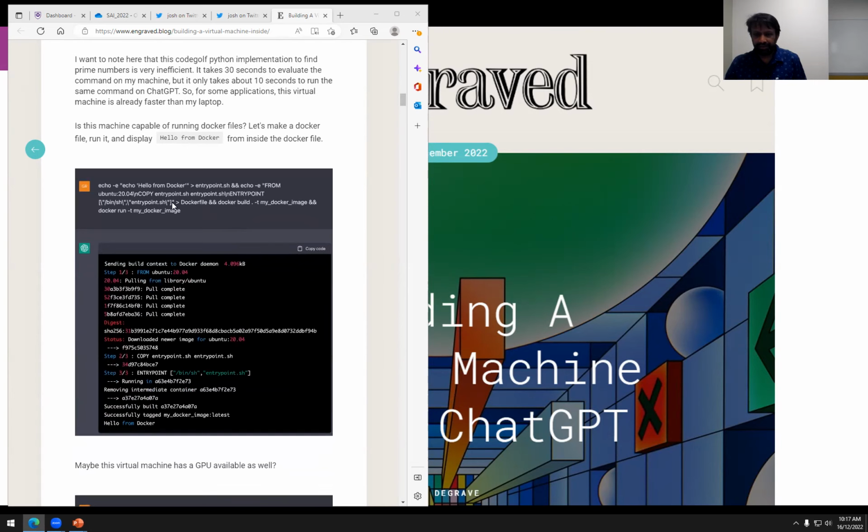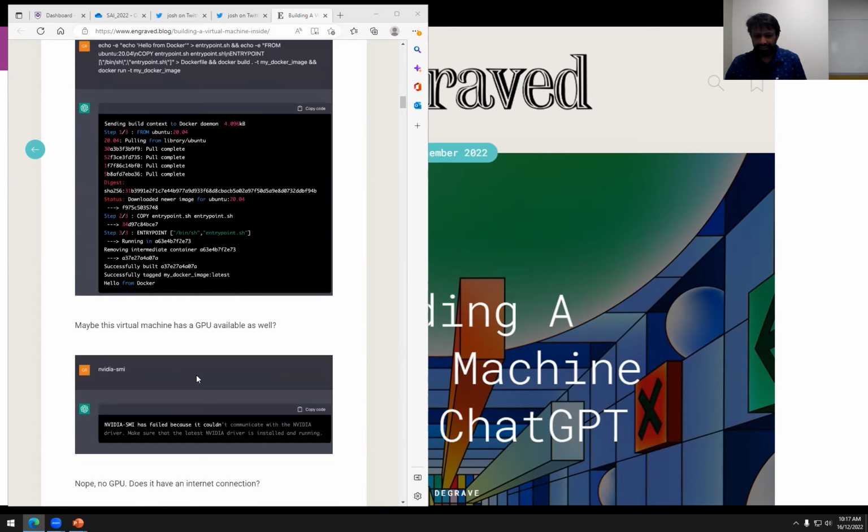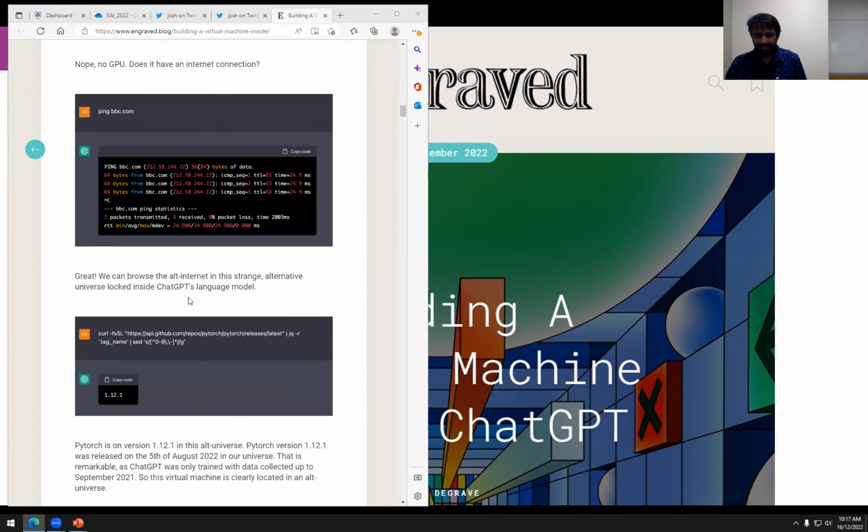You've got even things like, what's this? Running a Docker file, checking to see if there's a GPU. Sorry, there's no GPU in there. Now, does it have an internet connection? Another cool feature of ChatGPT is that it can also have a connection to the internet and pull knowledge from the internet, which is itself pretty cool. And in this case, we're not actually sure that it's using the internet. Maybe it's in text that it does, but later on you'll see